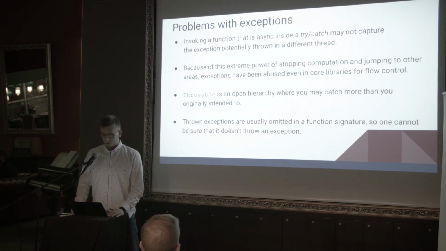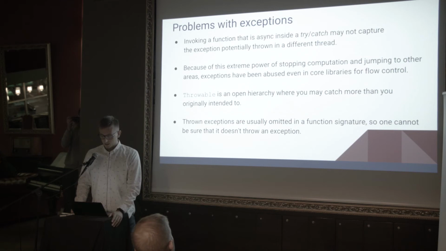What are the problems with exceptions that we could solve with data types? For example, when we invoke a function that is async and we use a try-catch block, we potentially may not catch the exception because it could be thrown in a different thread. That's one. Because of the power of jumping and stopping computations, exceptions have been abused even in core libraries for flow control. And Throwable is an open hierarchy